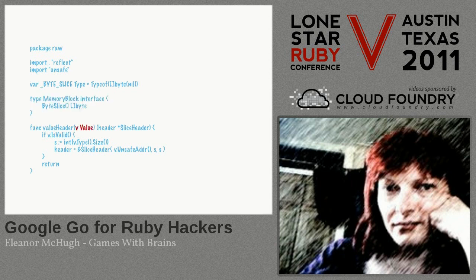Down here, I'm going to do some stuff using a reflected value, and I want to make sure that it's actually valid, because the reflection system will tell me if a value is actually valid and can be used, or is actually garbage and shouldn't be touched. And I'm going to make use of information I can get from the type of that particular value to figure out a size. And a slice header is quite an interesting thing,